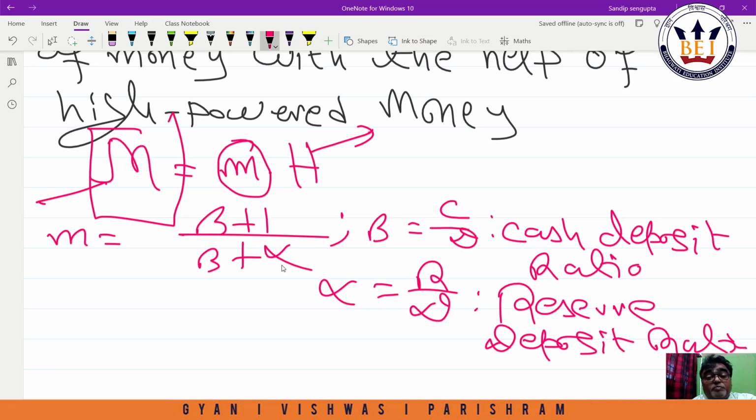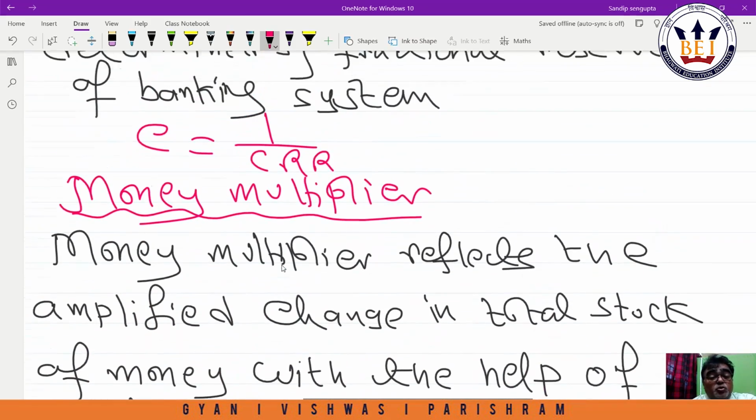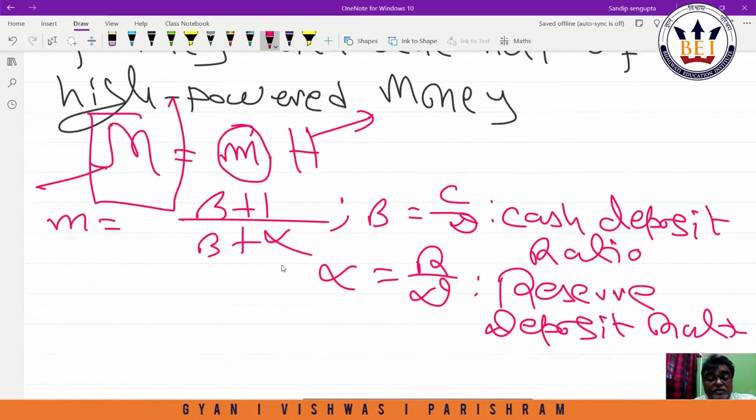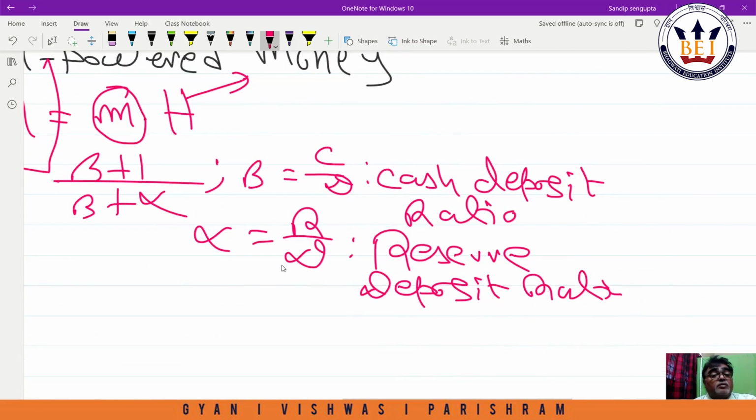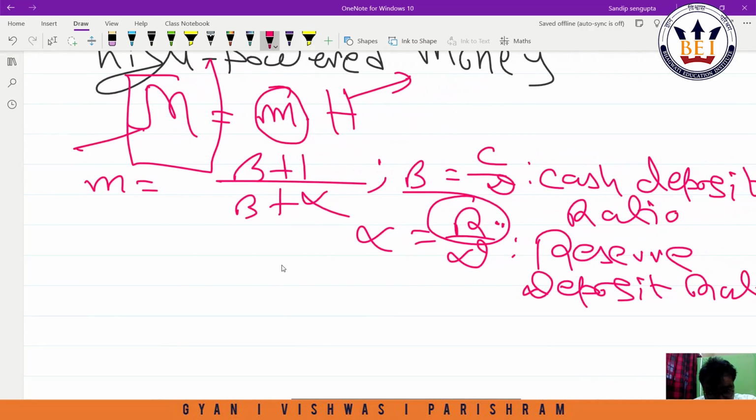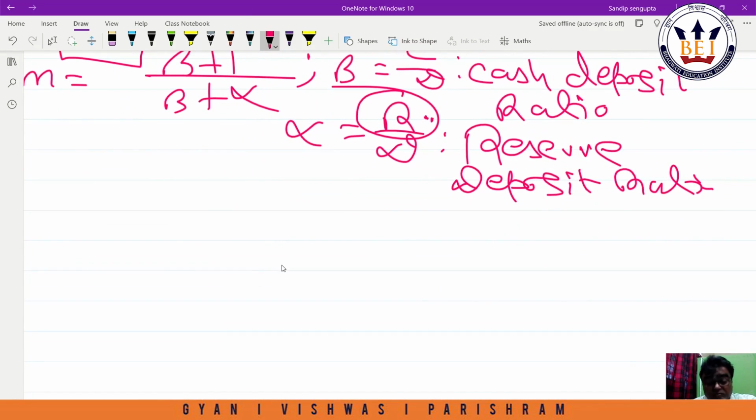So those who are serious could understand, credit multiplier is 1 by CRR, right? Means reserve, the R here is here only. Means credit multiplier is a part of money multiplier. So as credit multiplier changes, obviously money multiplier also changes. But to explain to the examiner properly, first we write this, then we can write